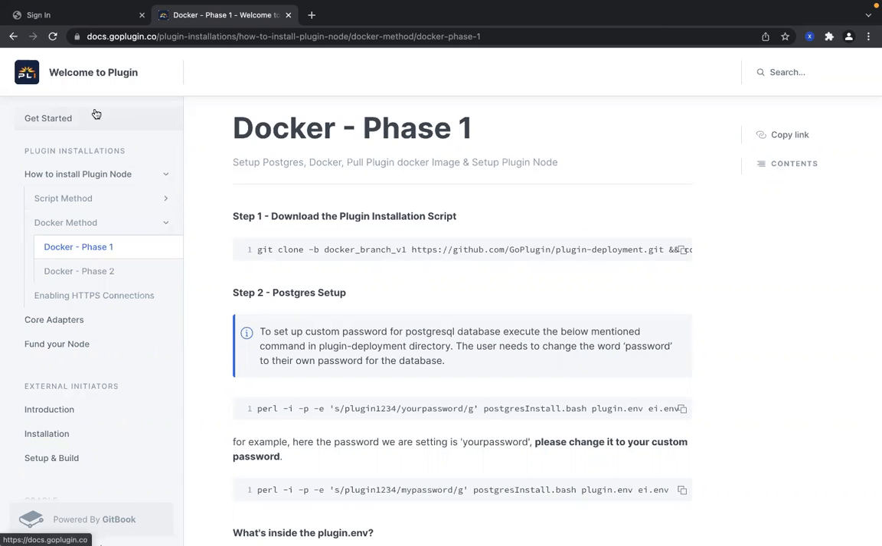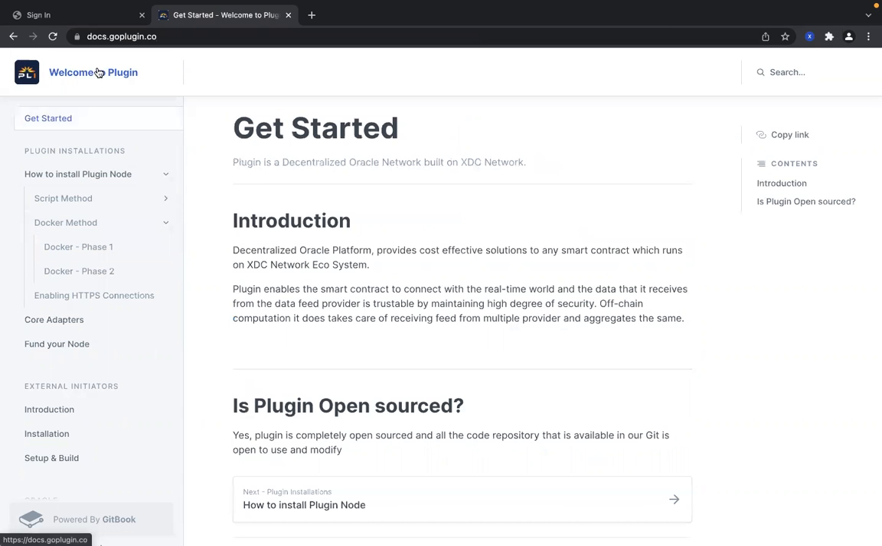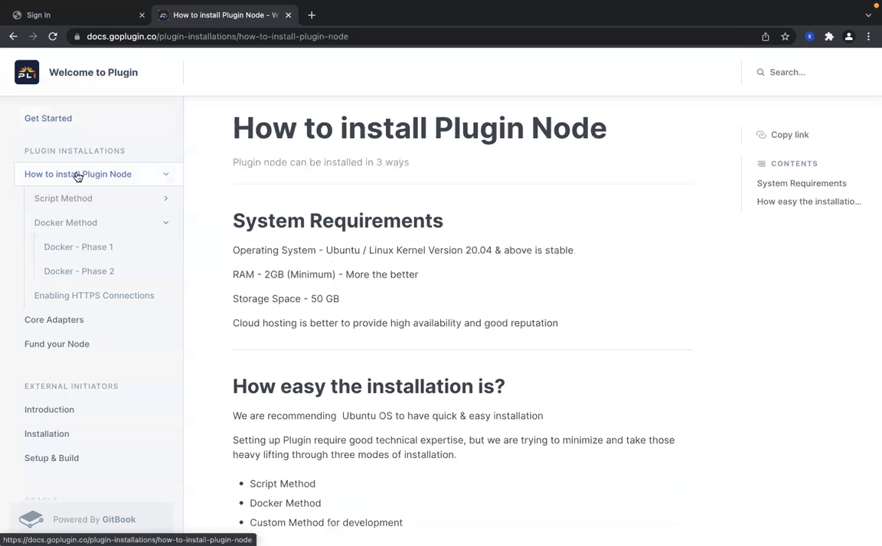So, this is going to be our first video for the year 2022. In this video, we wanted to show you how you can set up a node using the Docker way of installation. We already have two or three ways of installation, a couple of ways using the script. And this is going to be the simplest way, we feel: using the Docker way of installation. If you go to docs.plugin.co, you can see here the